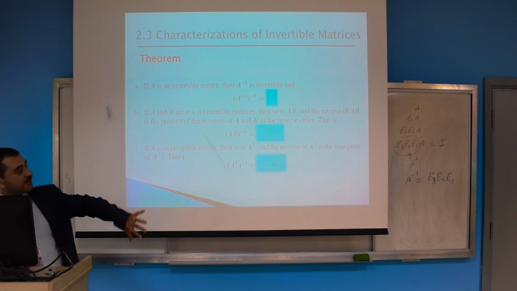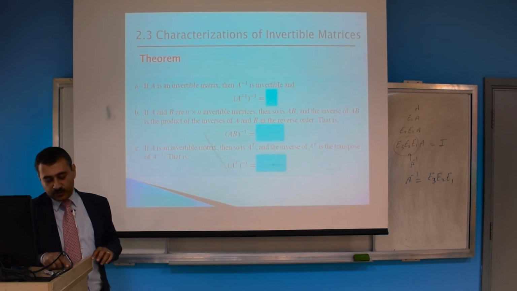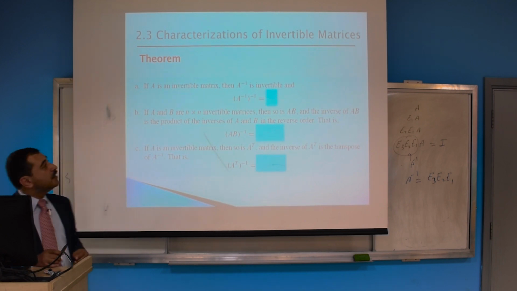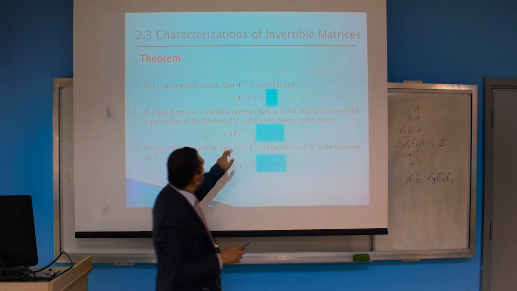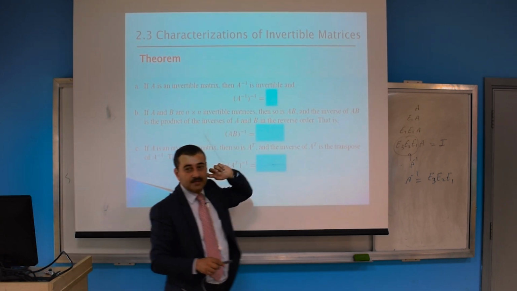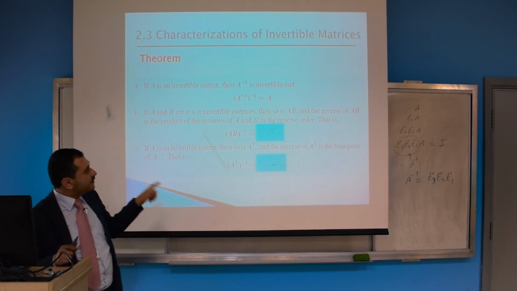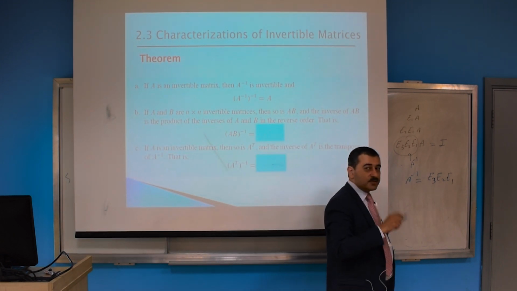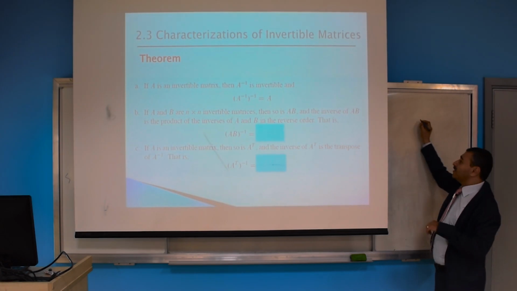I'm going to use the elementary matrices in section 2.7, I believe, in finding what is called LU factorization. So it has another application later on. So let's complete this theorem. What is the inverse of the inverse? Is it obvious? What is the inverse of the product? Is it inverse of A times inverse of B, or inverse of B times inverse of A? Let's see how to write the proofs for these.